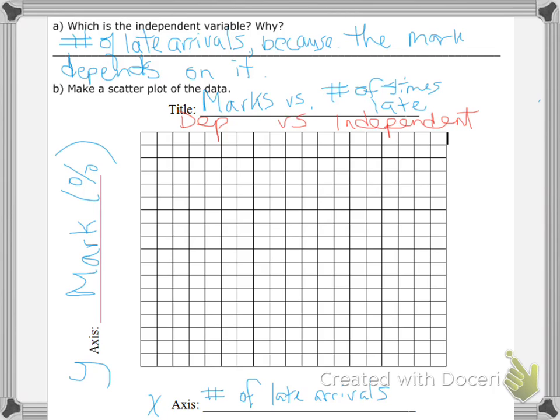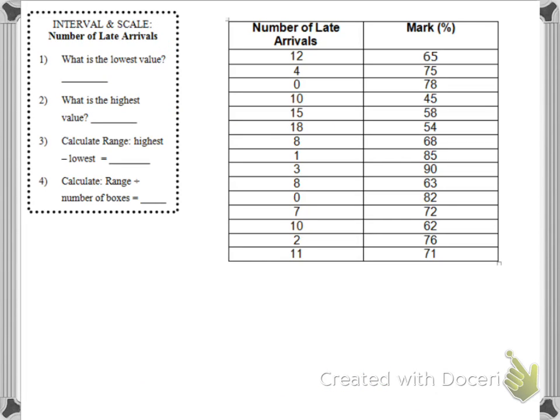Okay, so now we're ready to actually plot. Once you have your titles, you need to decide what you'd like to count by when you are graphing. So if this is my 0 mark, I need to know what goes along the x-axis and what numbers I should use for the y-axis. So here's a strategy to help you out. When you're looking at one column at a time, so let's say we deal with number of late arrivals, that's these values only,